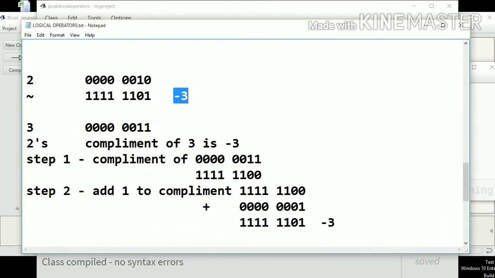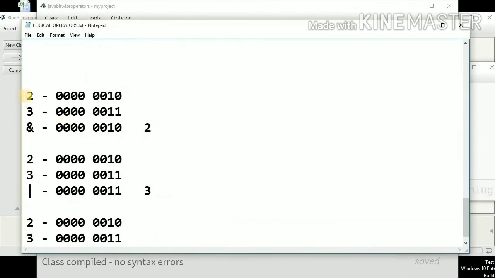So let's see how this is happening. Let's say this is the binary representation of 2, and this is the binary representation of 3. On performing the AND operation, if you remember the table of the AND operation, whenever both the terms are 0, then the result is 0, and whenever both are 1, the result is 1, and whenever one is 1 and the other is 0, then the result is 0.